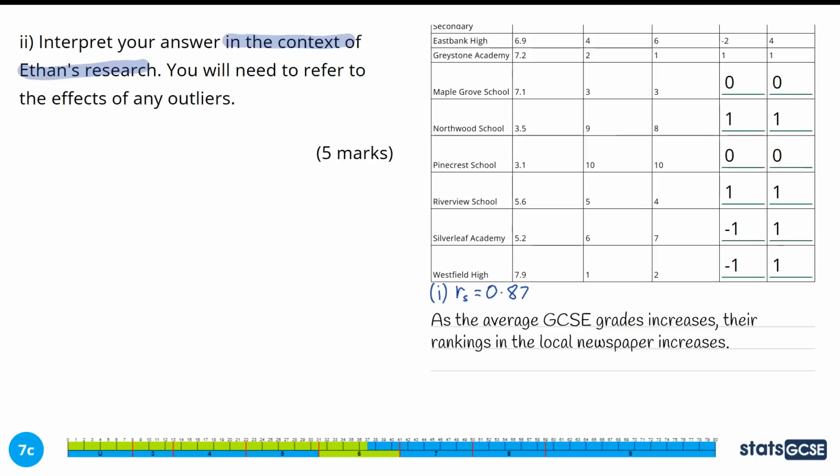If we had any outliers, the presence of them would decrease the correlation. Anytime you have an outlier, by definition, it will decrease the correlation, because if it helps the correlation, it wouldn't be an outlier.